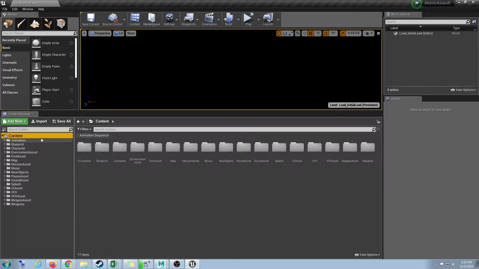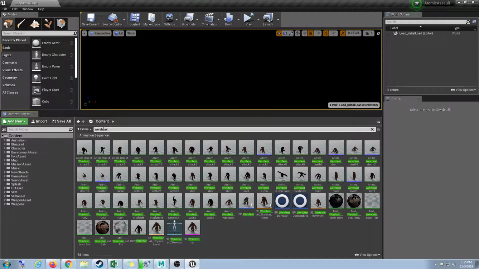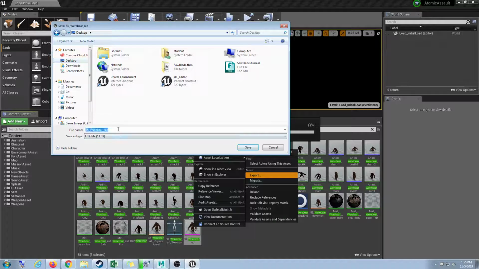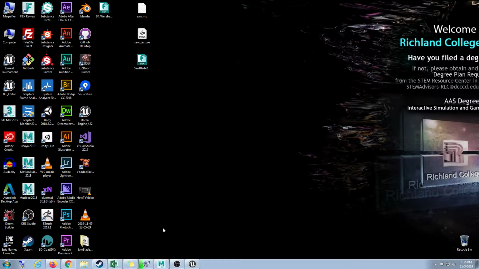Alright, let's do it. Alright, so Werebear. All the way back to number 27. Messages like every day. Werebear. Okay, let's find the Werebear. Where's the... This one? Alright, asset actions, export. We're going to export the Werebear. Boom. Export. Alright, now what we're going to do is we're going to